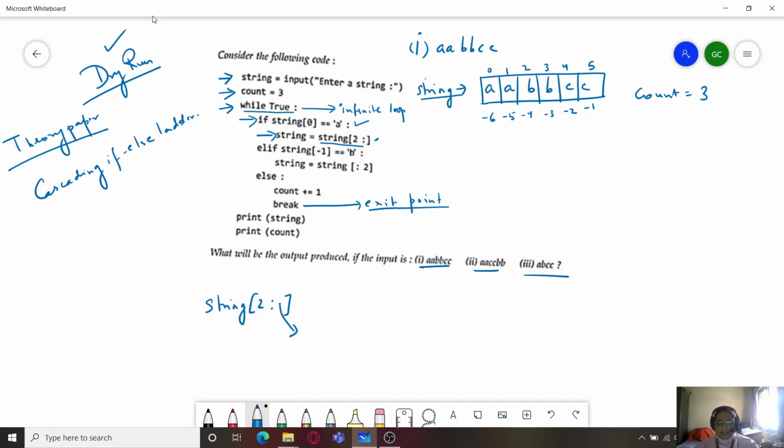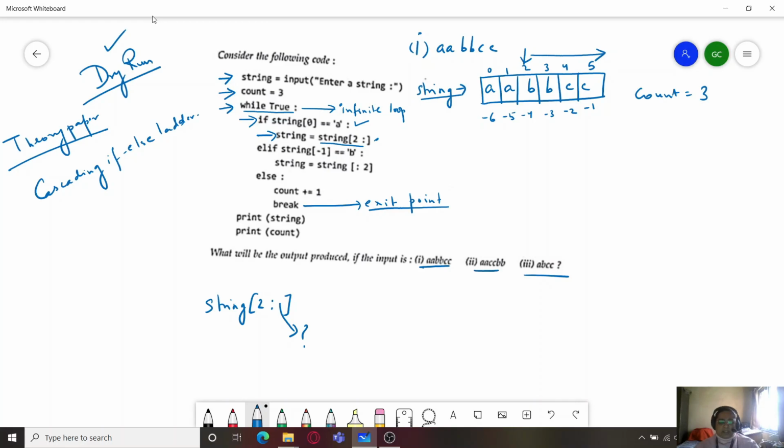That is, the stop index is missing over here, which means it would start from index 2 but continue till the end of the string. The start and stop indices in string slicing act as string boundaries. So if nothing is provided for the stop index, the last index will be considered.